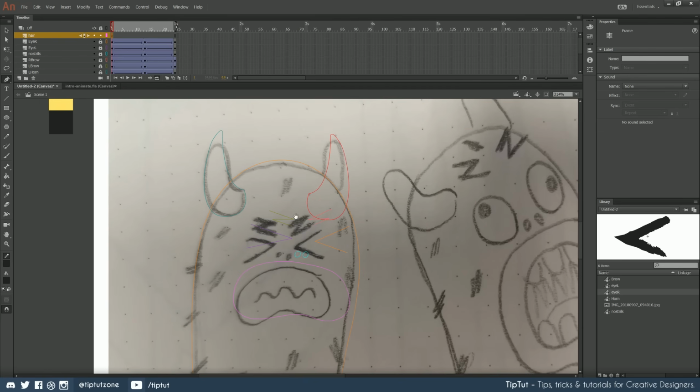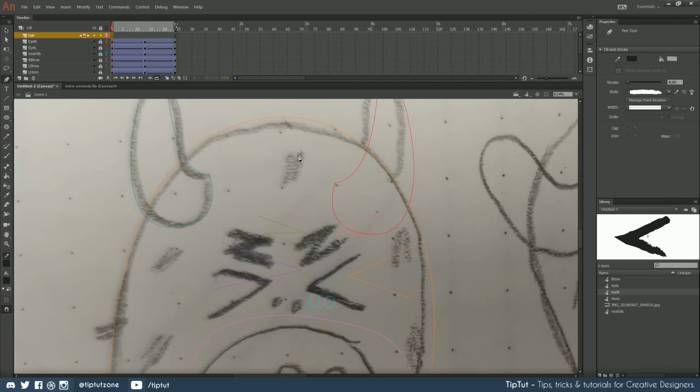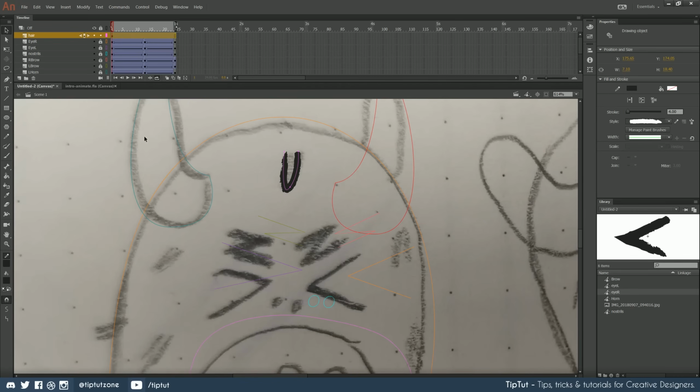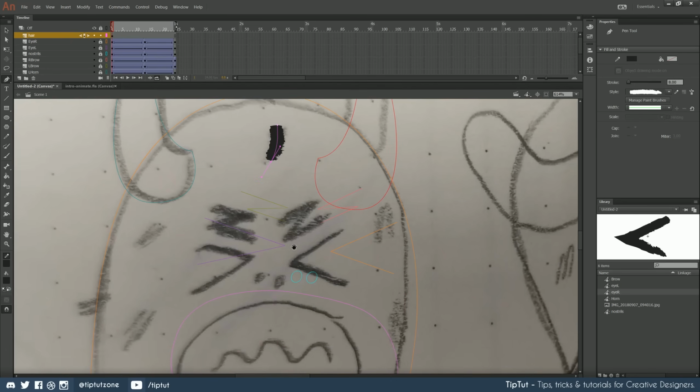Okay. So each of these little blocks of hair, I'm just going to come in now. I'm just going to click and drag my pen tool, and I'm going to make a little hair like that. Maybe 8 is okay. Let's see. Yeah, 8's much better. Let's leave it on the thickness of 8.